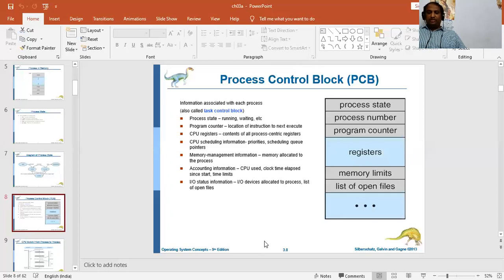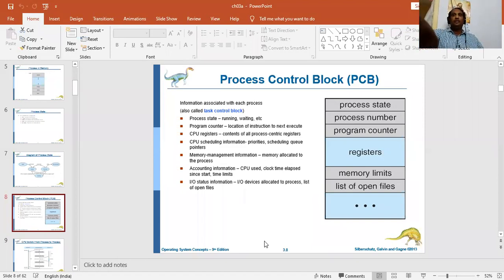Suppose you are doing some work, filling an application form, let us say a online application form of any particular website. So what happens, you are opening a website and entering the details, whatever details you have to enter.